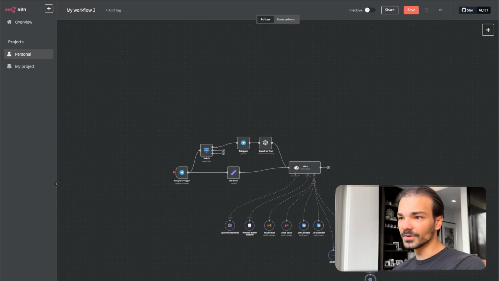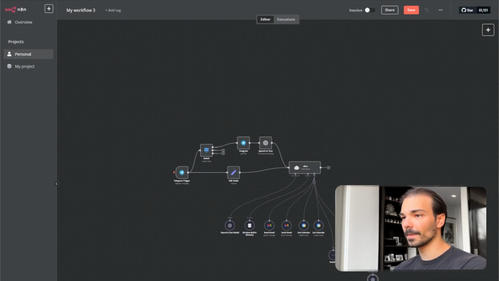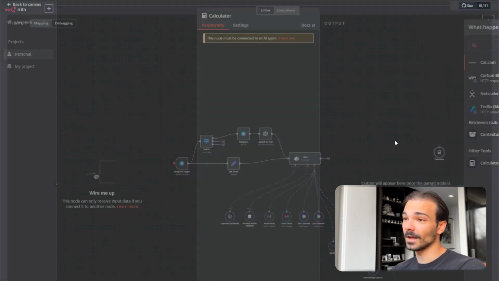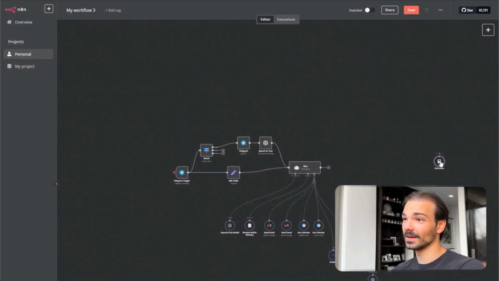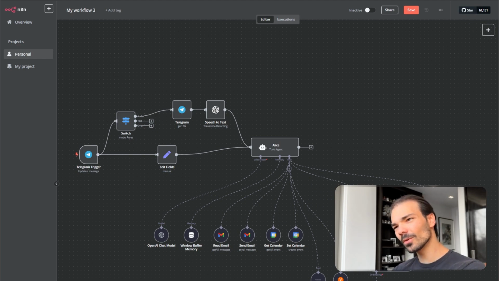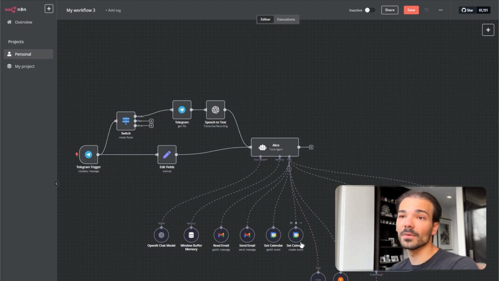Next, we want her to be able to do calculations as well, right? So we'll give her a calculator tool, which doesn't have any specific setup, but we can go ahead and just add that as a tool. And now that we've set up this database here, we'll go ahead and link that up to her as well. Let's do so. So she has all of these tools that she can now utilize to help you out directly